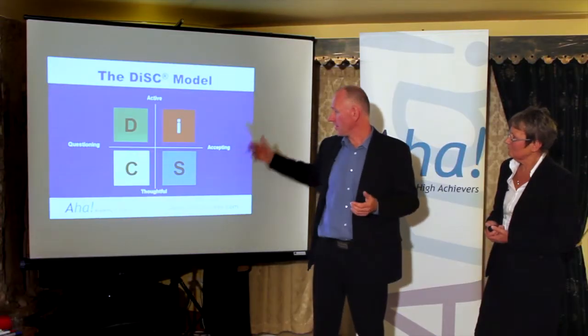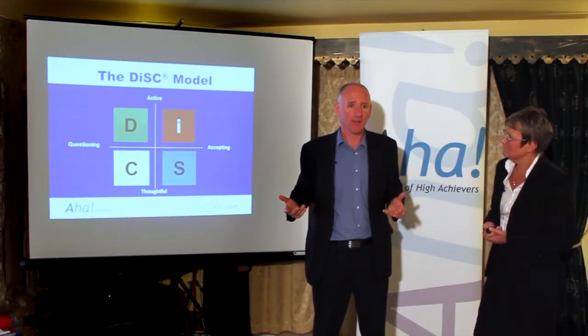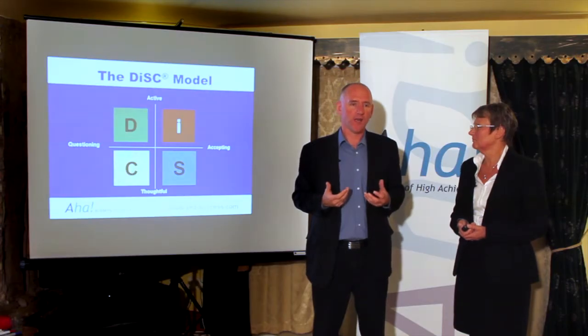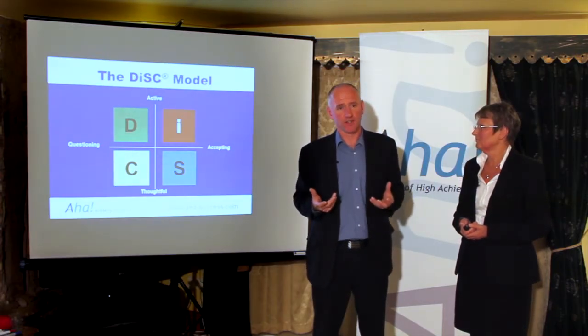So the DiSC model can really help in those kinds of contexts, helping people understand what they need to do differently in order to manage that situation more effectively. I mean, even just having the awareness about what's driving these different people in the different quadrants, what's driving their behaviour, what's driving the way that they show up, can allow people to understand better and be more forgiving, I suppose, of difference, and to be able to look at the strengths within that and to know how to operate in a way that we're using the best of what everyone's bringing to the table.